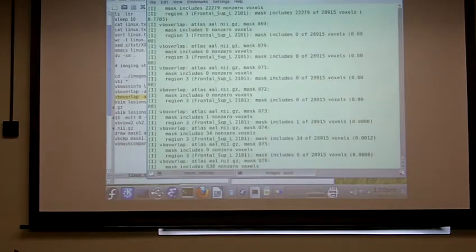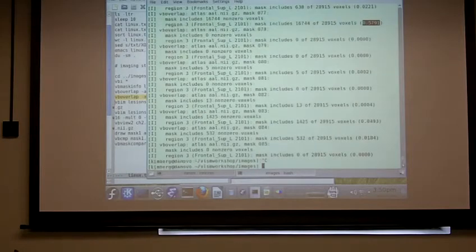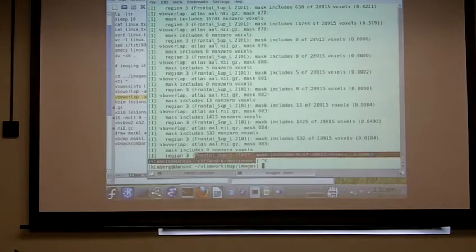So this is especially potentially useful if you're going to do some sort of percent damage or overlap or regional analysis. But also, because the AAL atlas comes with a set of labels, it tells you what region this is. So it looks like the left superior frontal